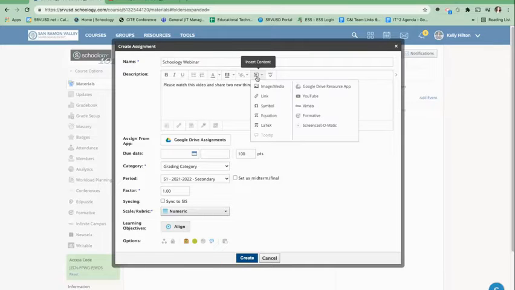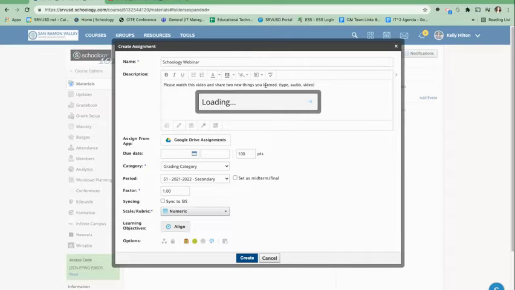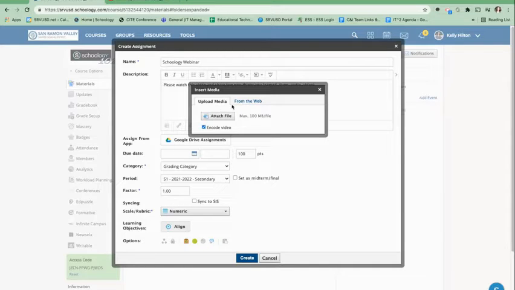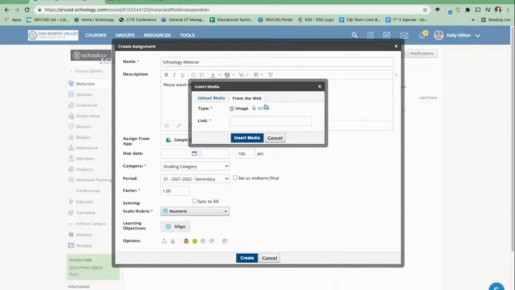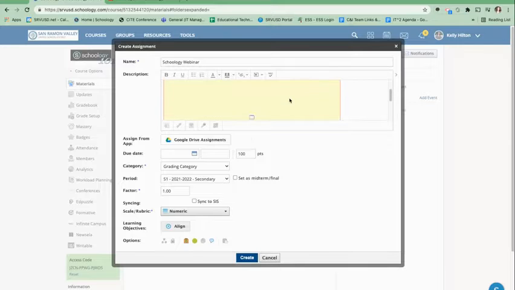Now I need to embed the YouTube video. So I'm going to click on Insert Content, and you can go to Images and Media, and it'll say upload media. So if you go to from the web and you click on media, you can paste the link right here. And now this will be embedded within the frame. It's yellow from this view, but I'll show you the student view where that yellow is a placeholder for the